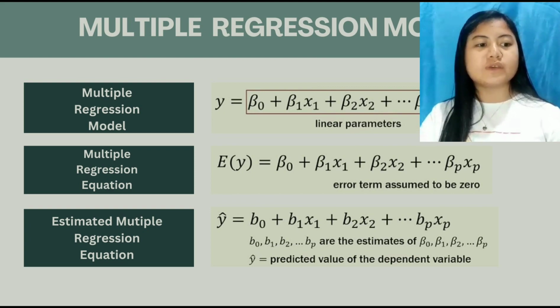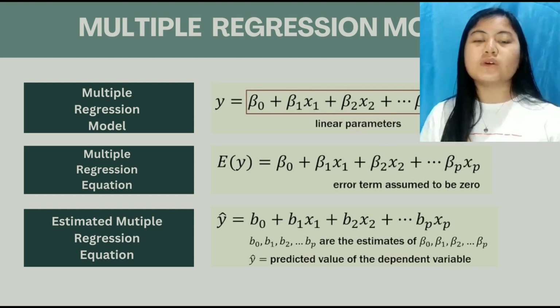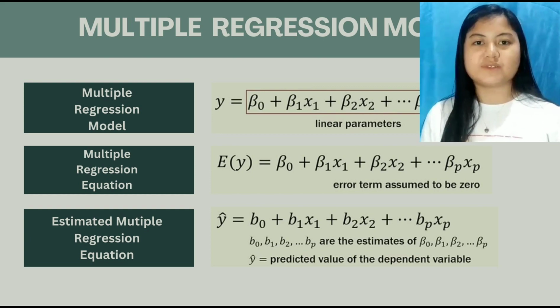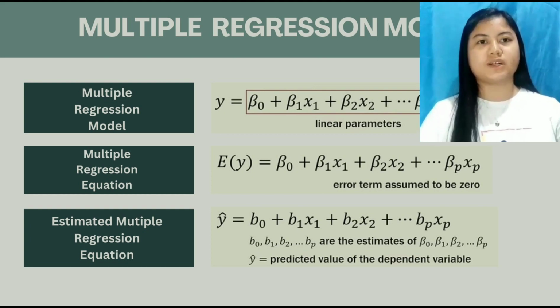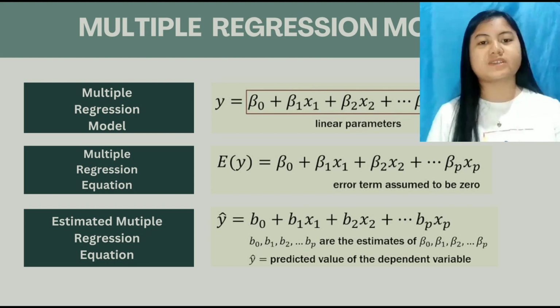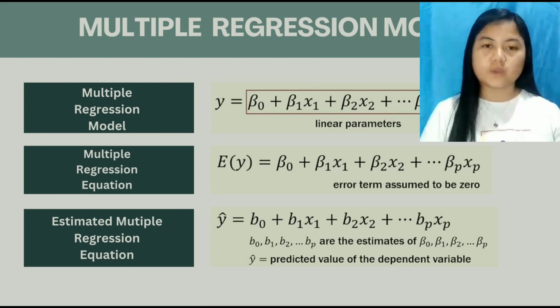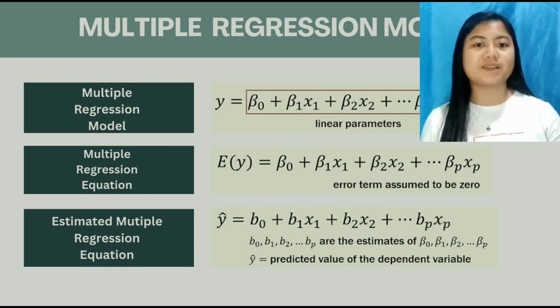To use this, we would substitute the values of the independent variables into the equation along with the estimated coefficients to calculate the predicted value of the dependent variable. And lastly is the estimated multiple regression model. So the formula is also presented on the screen. Same lang gihapon siya sa multiple regression equation, but on this side, we have the estimated value of the dependent